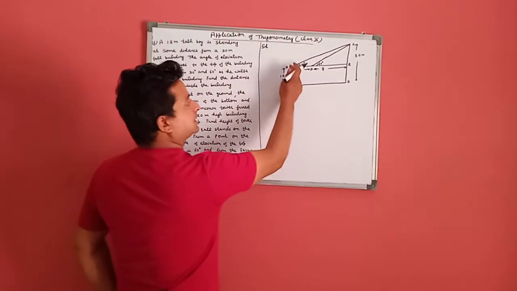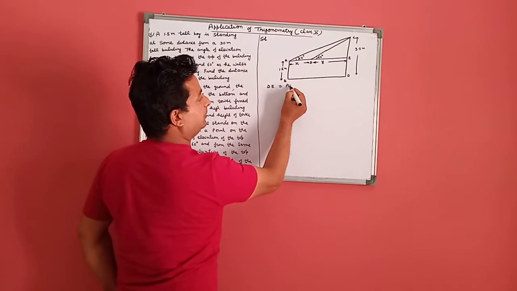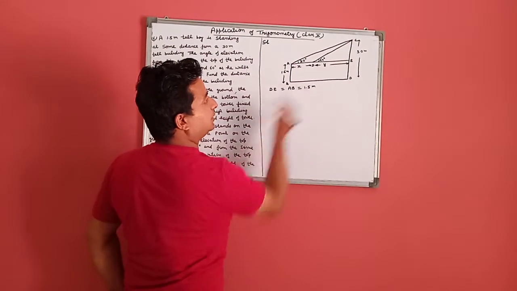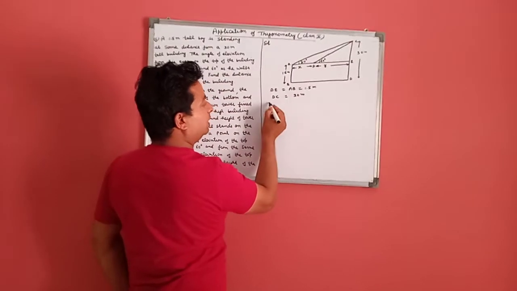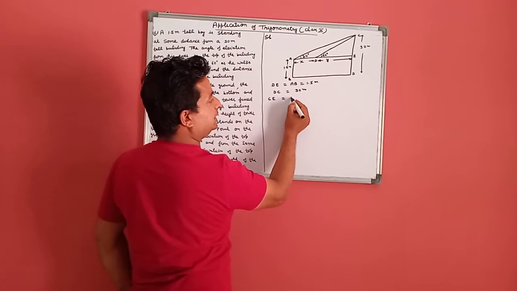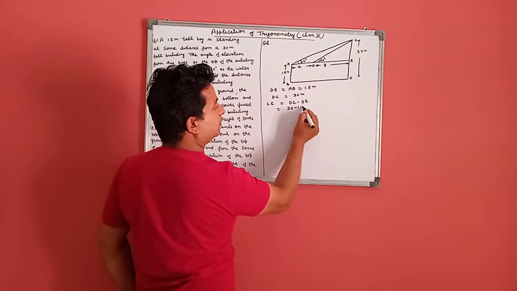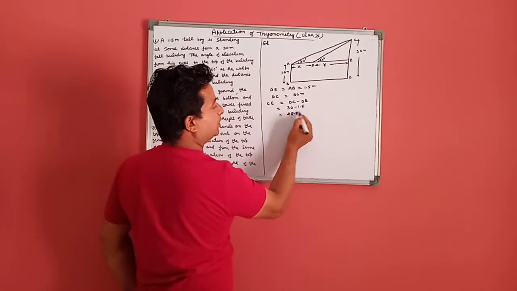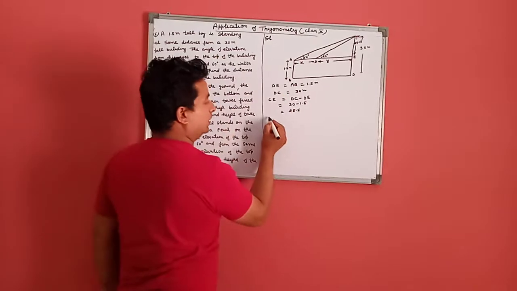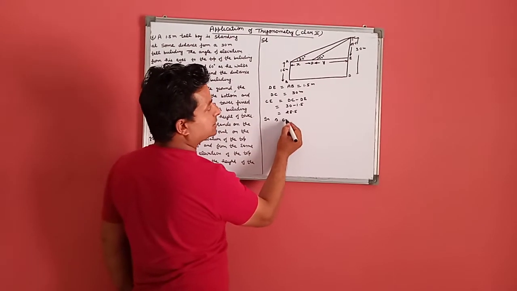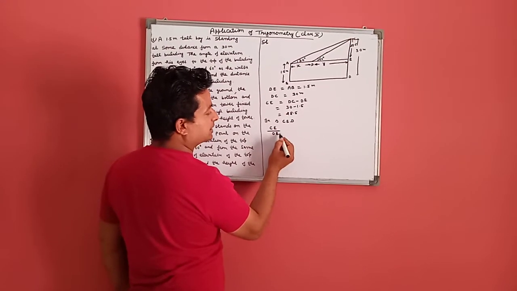As we know, AB is equal to DE. So DE equals AB equals 1.5 meter. In this diagram, DC is equal to 30 meter. CE is DC minus DE, which is 30 minus 1.5, which is 28.5. This means this distance is 28.5. First of all, we consider triangle CED, in which CE is the perpendicular, DE is the base.